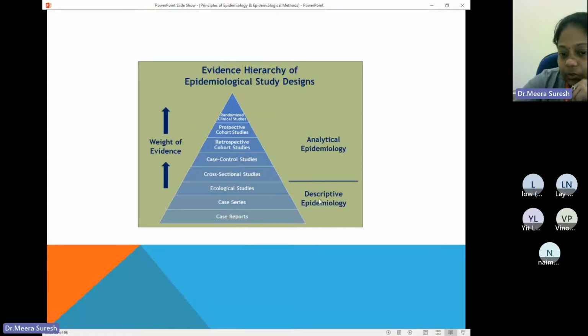And the first three belong to descriptive epidemiology, and above it we go towards analytical epidemiology. And this one, the randomized studies, the clinical study, will go to experimental epidemiology. But here also some analytical studies are being done, analysis is being done. Anyway, we are going towards the cross-sectional study. This hierarchy is also very important. When we are talking about research studies, it is always ideal to do the topmost one, the gold standard, that is the RCT, but it is not always possible.